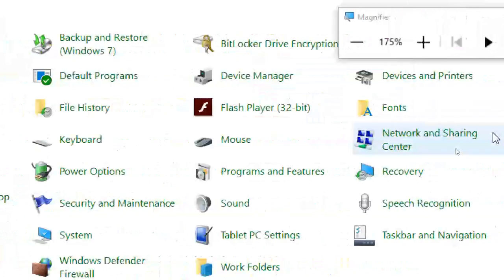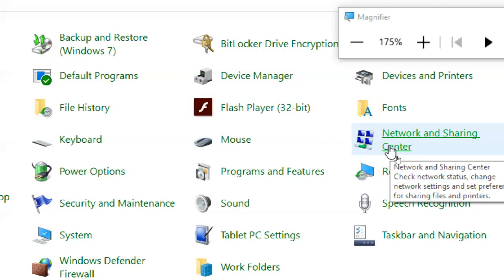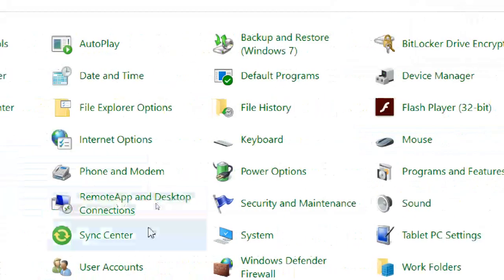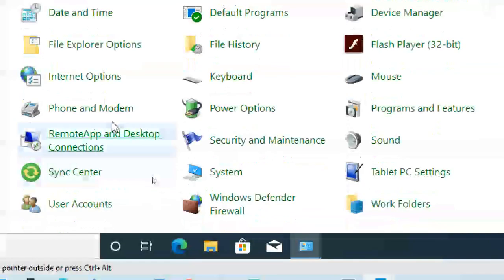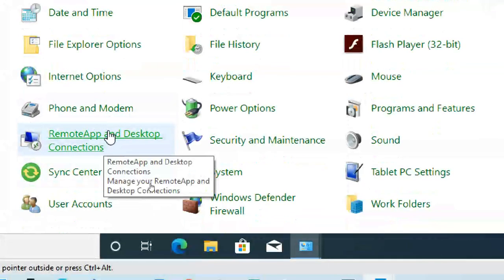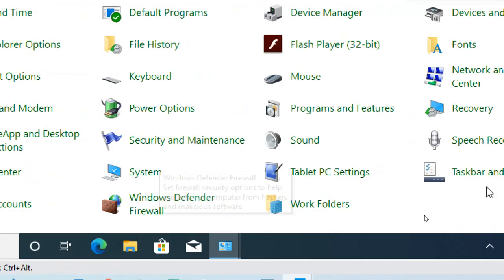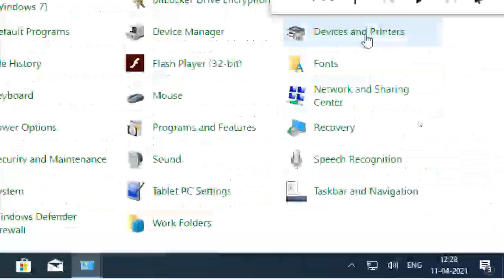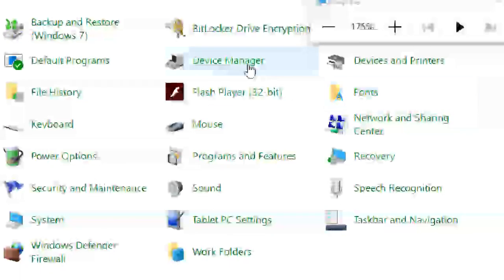Device manager I also told, normal devices and printers. Network and sharing center I told. This is remote app and remote desktop connections. Firewall, Windows Defender firewall. Work folders are not required now. We'll go to one or two options faster, and I will explain. Okay.